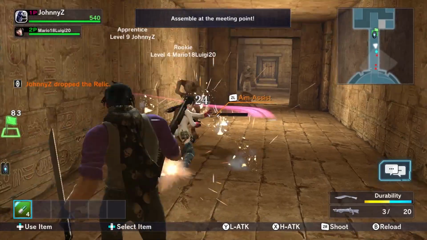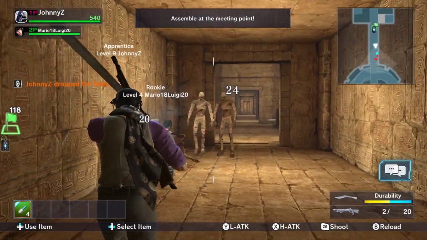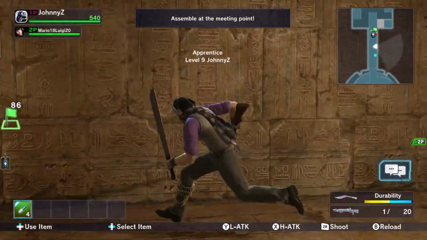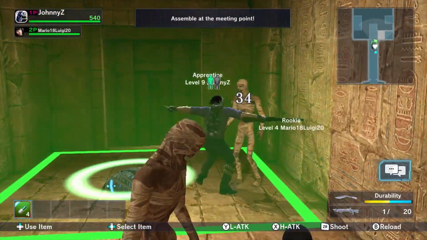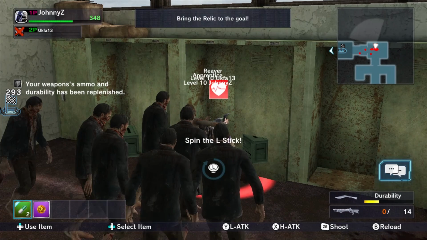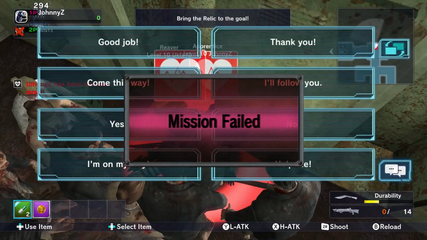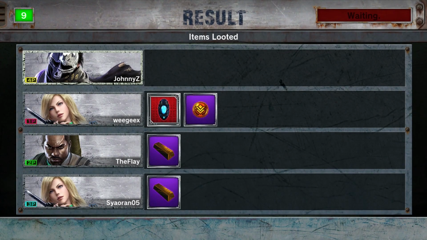Now, the relic can be dropped to allow the player to help the team and then picked up again by any of the players, but you do want to get out of there before you become overwhelmed. If you fail to bring the relic back to the extraction point, you'll miss out on any of the extra goodies your team acquired during the mission. The rewards can range from ammo and healing items to treasure and analysis chips that will help you acquire and